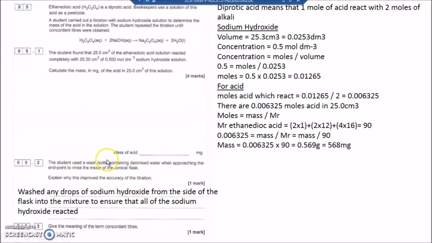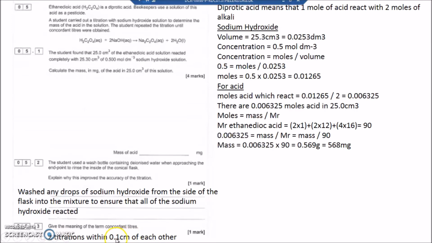So washing it down into the flask, make sure that there's no sodium hydroxide on the side of the flask that doesn't react. Give the meaning of concordant titers. What concordant titers is, if you do titrations, they're called titers. An individual result from a titration is called a titer. If you've got 3 or 4 or 5 or 6 or 7, however many titers you've got, how many results from your titrations, you need to choose 2 titrations which are within 0.1